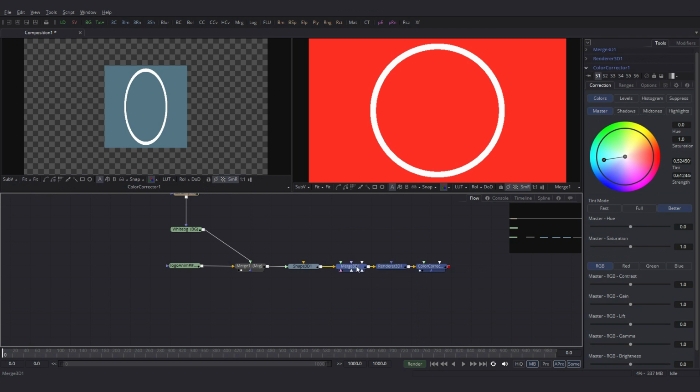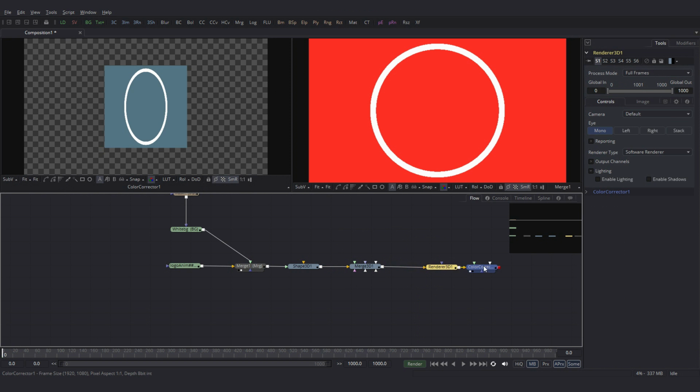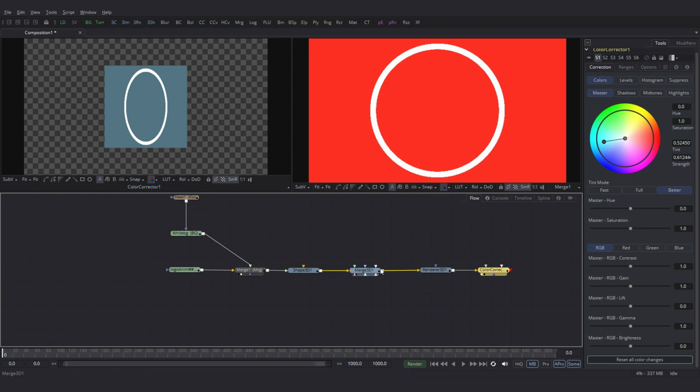Now the important thing to note is if I want to add a color correction node, which is a 2D compositing tool, in between here, between these 3 nodes, which is the 3D node area, I'll not be able to do that. Say if I want to add a CC node. If I want this color correction node in between these 2 nodes, I can hit shift, click and drag this onto this connection. Leave it and you have the color correction node in between this.